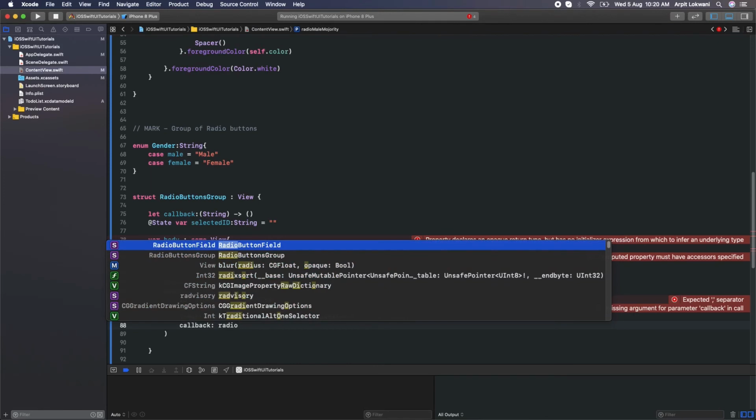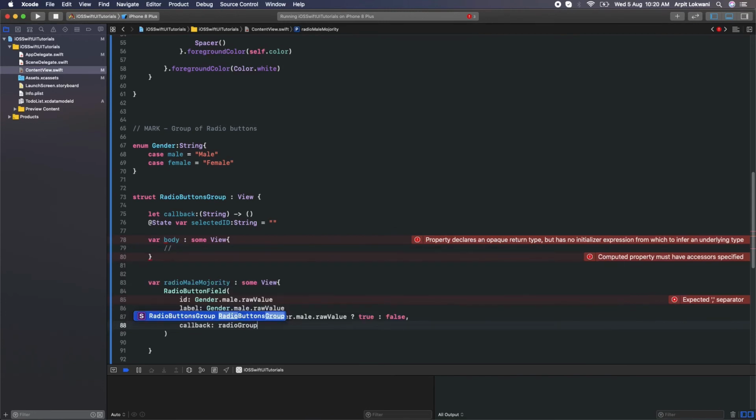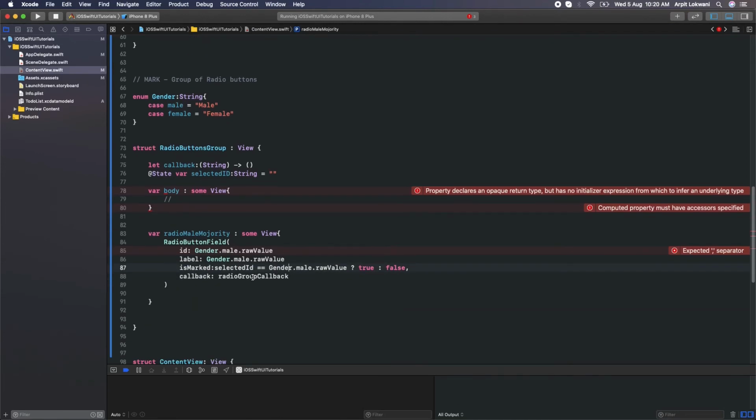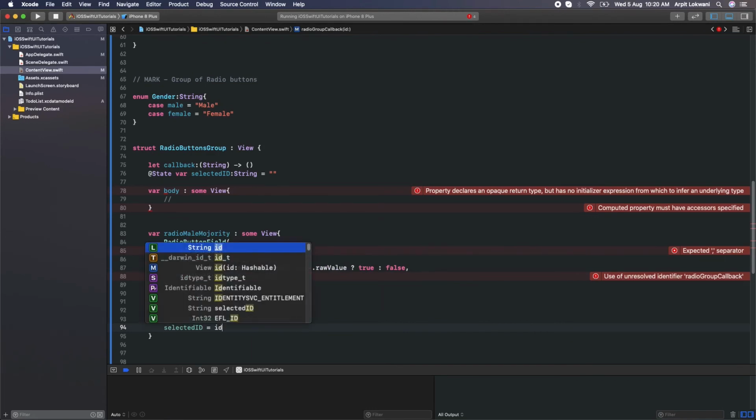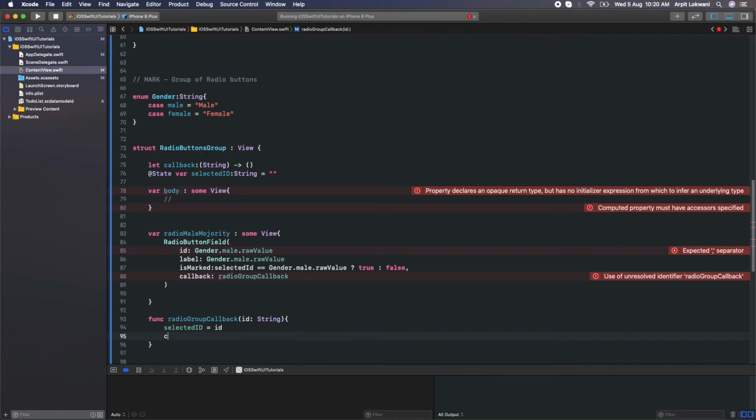Actually we have not created that also, so let me create that also. So I will write the name here, that will be, we can say, radio group callback type of. Fine, so let me create these things now. So he's asking for creating the function of radio button group callback, so yeah, we can create that. So function having the callback, and we need to pass the ID which is type of string. Okay, and the ID will be set here, we need to bind that, and yeah, return that callback and pass that ID.